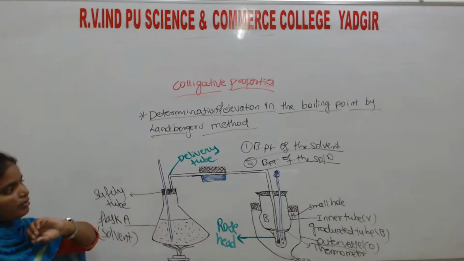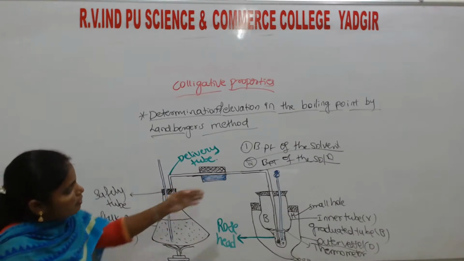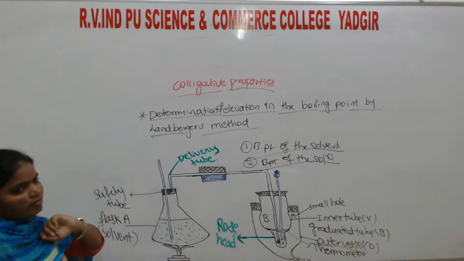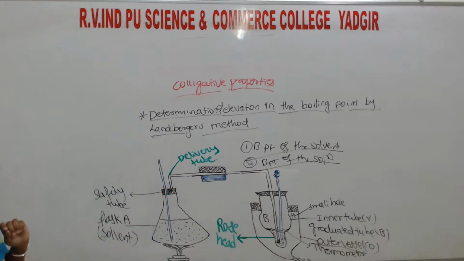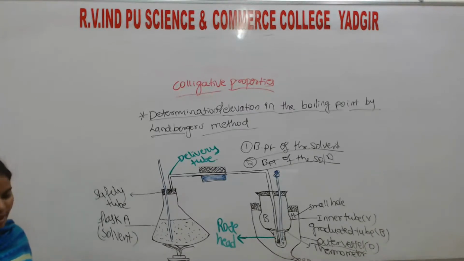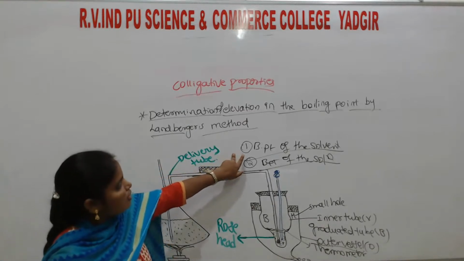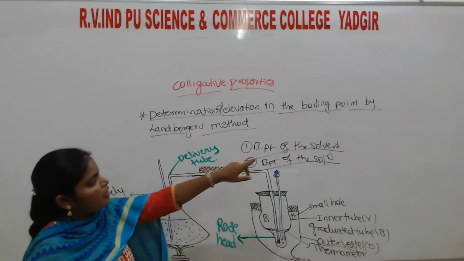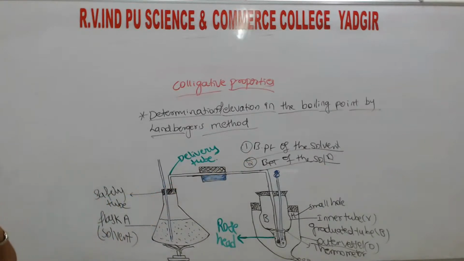At this stage, you get the boiling point of the solution and solvent. Knowing the density of the solvent and the volume, the mass of the solvent present in the solution can be calculated. These two temperatures, the boiling point of the solvent and the boiling point of the solution,